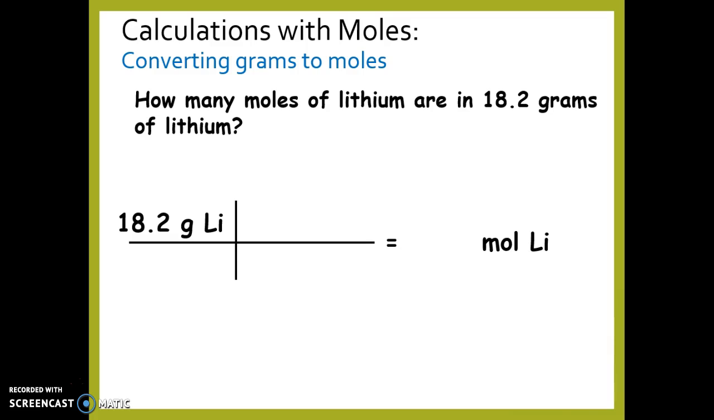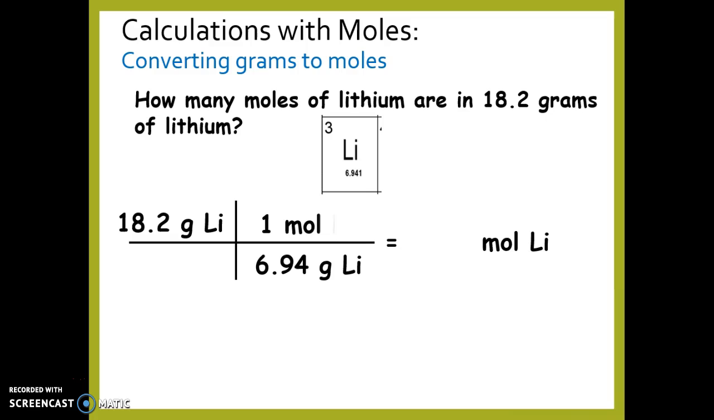Now I just simply put things where they belong. The given unit goes on the bottom, so grams of lithium go on the bottom. The finding unit goes on top, so moles of lithium goes on top. So with grams, because it's lithium, we get 6.94 grams of lithium. Because moles are on top, we have 1 mole on the top. We notice that grams cancel out. So now we have 18.2 times 1 divided by 6.94, and that is going to give us an answer of